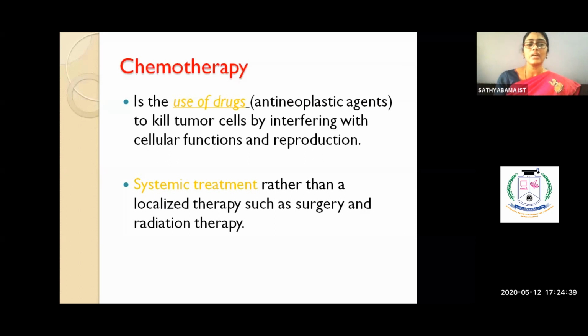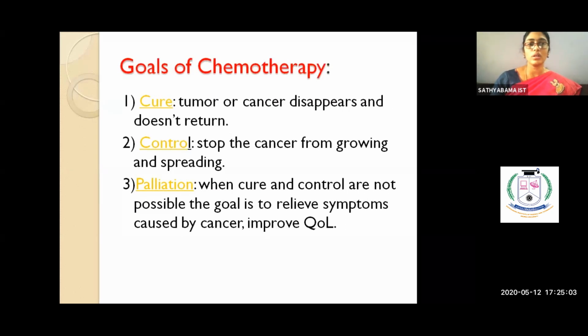As said, it is a systemic treatment. Systemic treatment is in the sense that it passes through your entire body. It's not going to go exactly to a particular region and start working there. If there are cancers, it starts eating them. Unlike surgery or radiation, with radiation therapy you let the radiation hit that particular region alone, right? With surgery, I'm going to remove the tumor from that particular region, right? So that's what is happening.